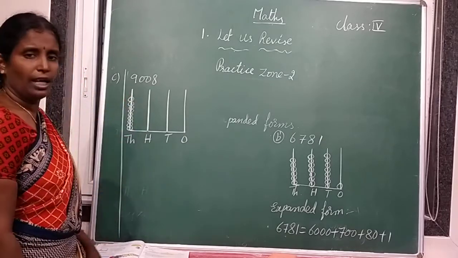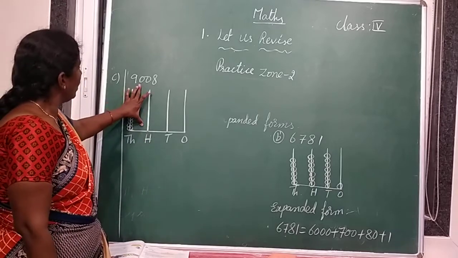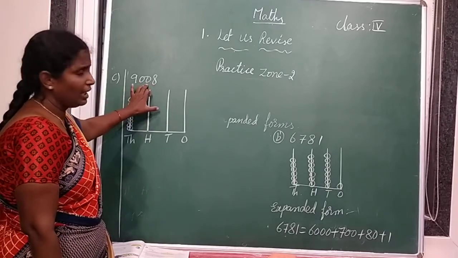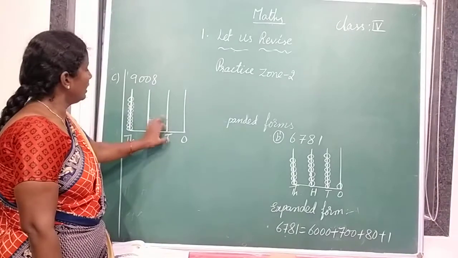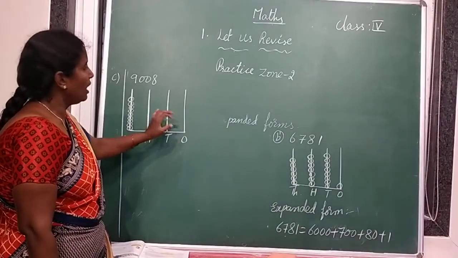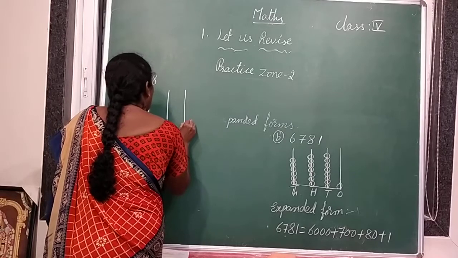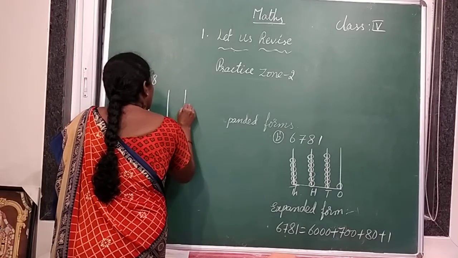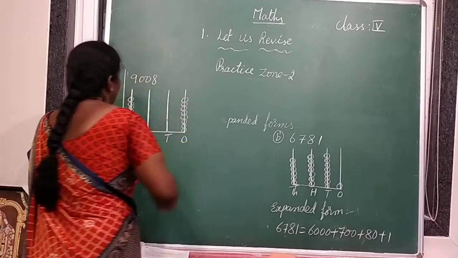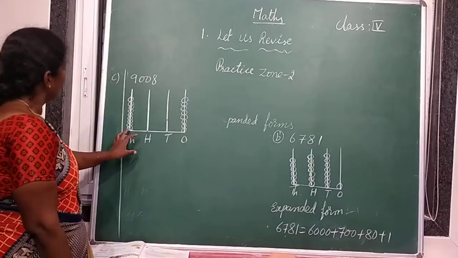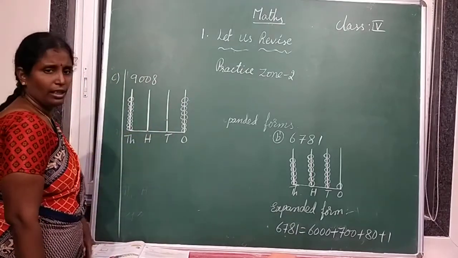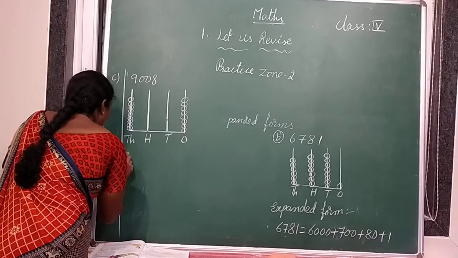How many hundreds are there? No hundreds. How many tens are there? No tens. So leave these two. How many ones are there? 8. So 1, 2, 3, 4, 5, 6, 7, 8 ones. So this is 9008. And the expanded form is